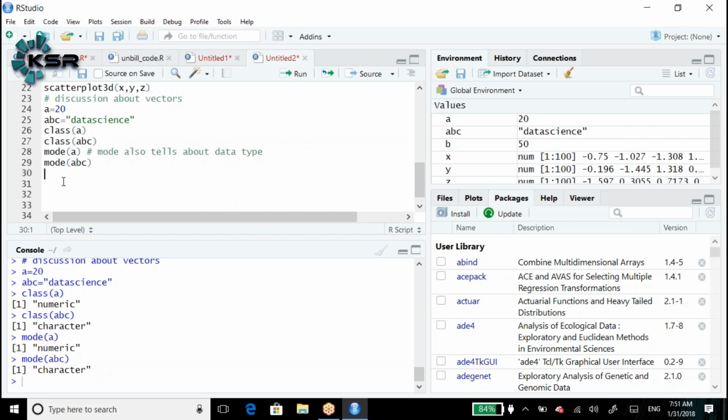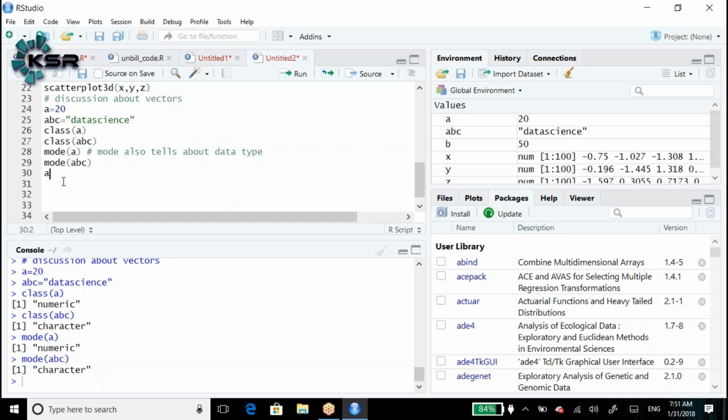How do I create multiple values in one vector or one variable? By using C. C means the concatenate function. We can create multiple values in one object. That is also called a vector.